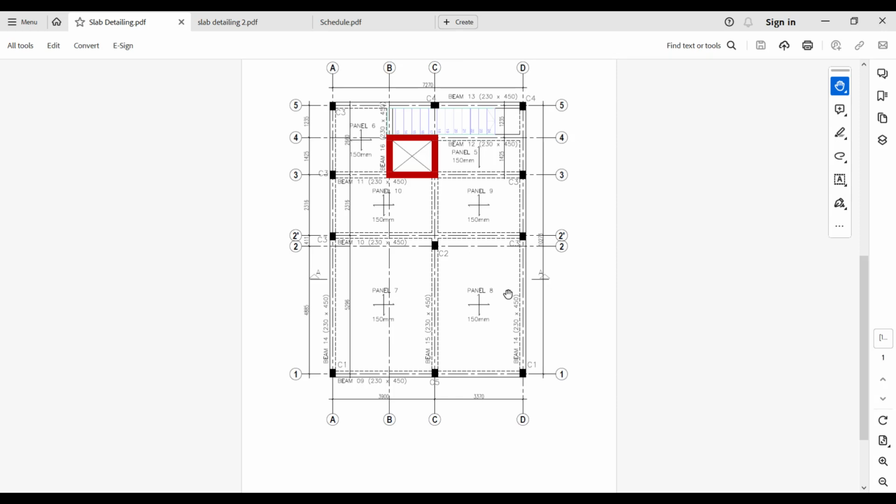Welcome to this channel. In this video, I'm going to be showing you how you can correctly read slab reinforcement details and also interpret the reinforcements on bar bending schedule so you can give correct instructions for your iron benders on construction site. So we are going to be using this layout in this video, and as you can see,